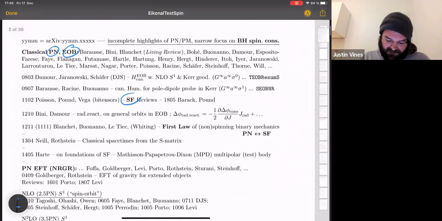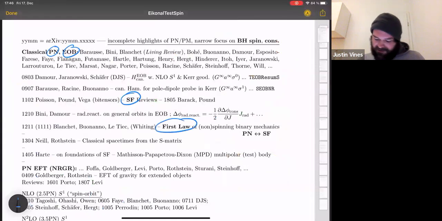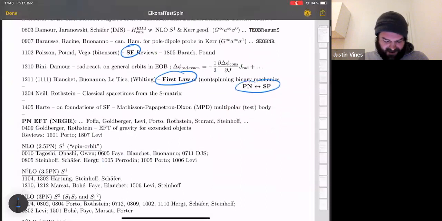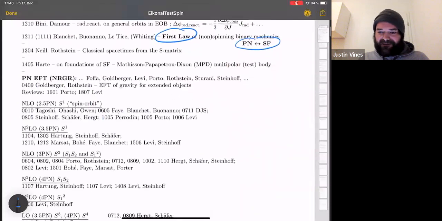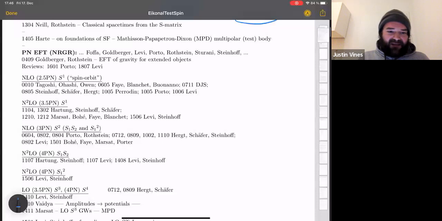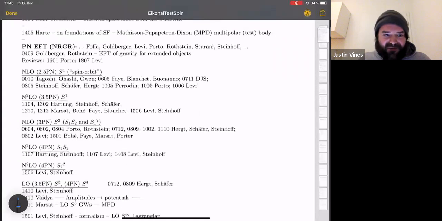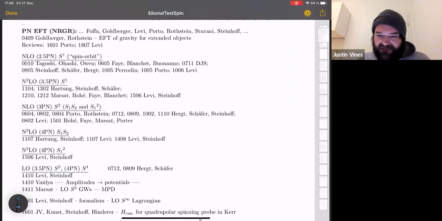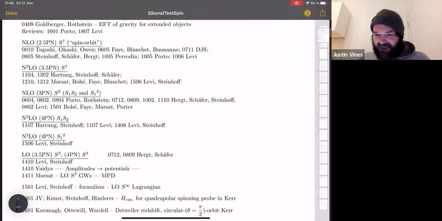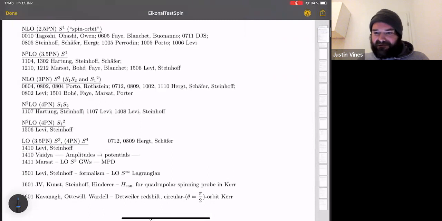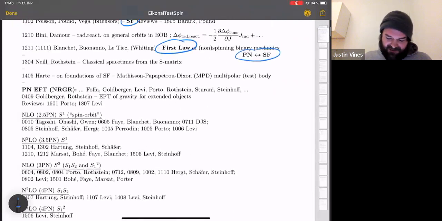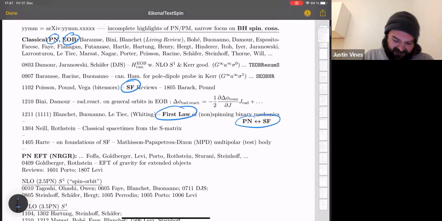So there's a long classical history and some very interesting developments about connecting post-Newtonian and self-force, which again, I'm just going to have to whiz through. And you see in the last, so these are the first 4 digits of the archive numbers. In the last 10 years, there's been a tremendous amount of progress thanks to heroic efforts, especially besides this classical